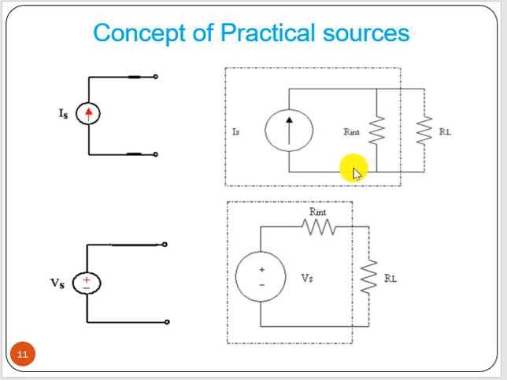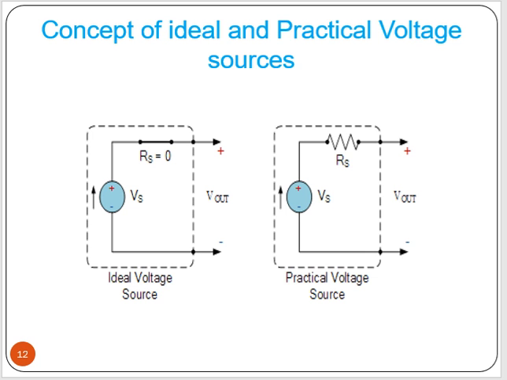No current will flow. And for voltage source, this is the ideal voltage source. Say load resistance is connected here. Now for practical source, it has a series resistance connected with it. That means if this Vs voltage should apply at this RL resistance, there should not be any voltage drop. That means this R value should be equal to 0. Then V equal to IR, according to Ohm's law, becomes 0. So this is the concept of ideal and practical source.